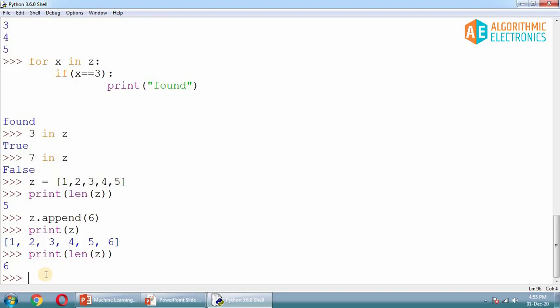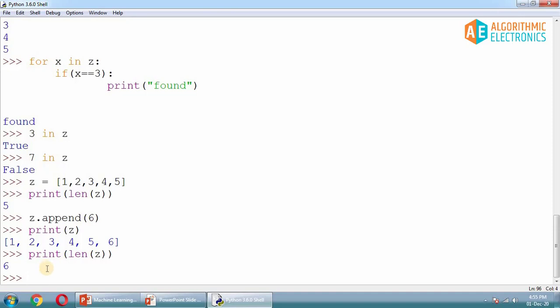Now the method we have discussed right now is the append method, and it always adds the extra element at the end, creating a new index for that element. Is it possible to add a particular value at a given index?